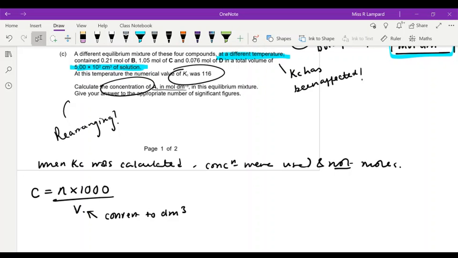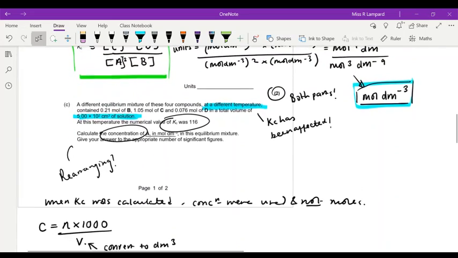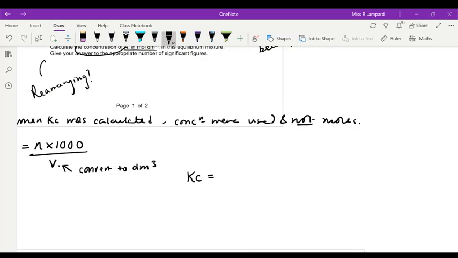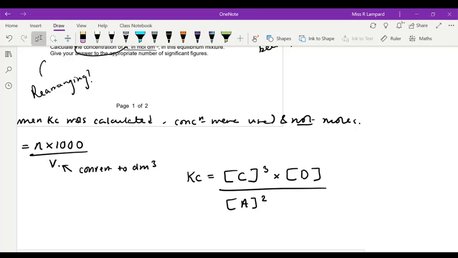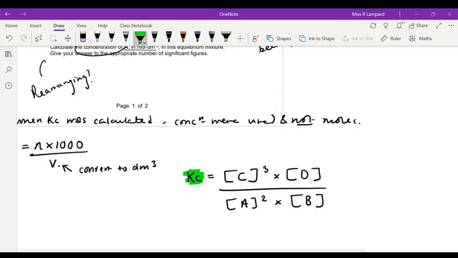So what I would first write down is the Kc expression, or I'd refer to it as I've just done it up there. So we know that because this is for the same reaction, Kc is equal to C to the power of 3 multiplied by D, divided by A to the power of 2 multiplied by the concentration of B. I'm going to highlight in green everything we know. We know this, we know this, we know this, we know this. We don't know what A to the power of 2 is. So our question is find